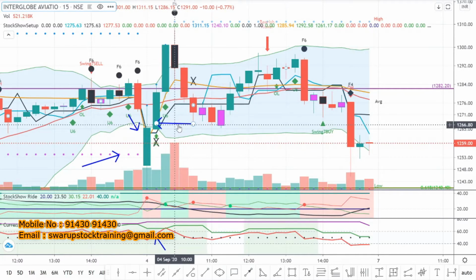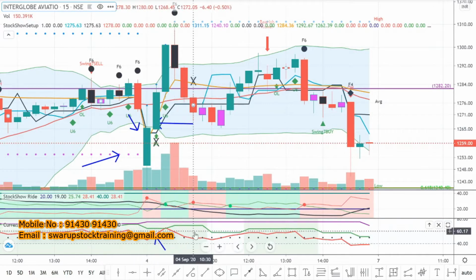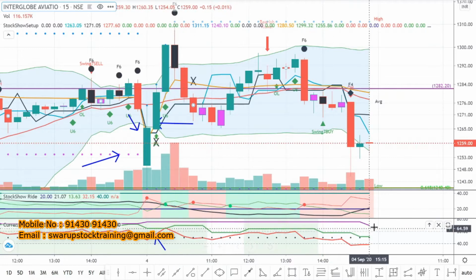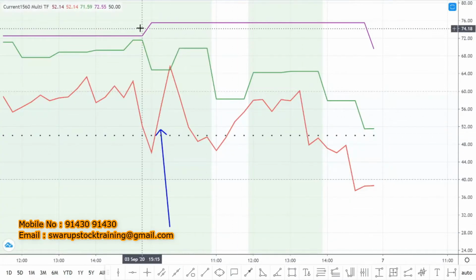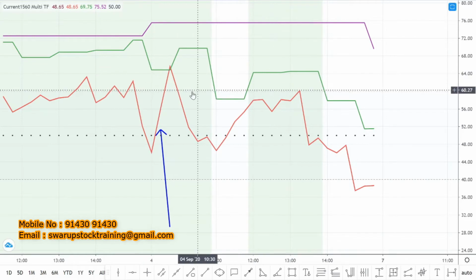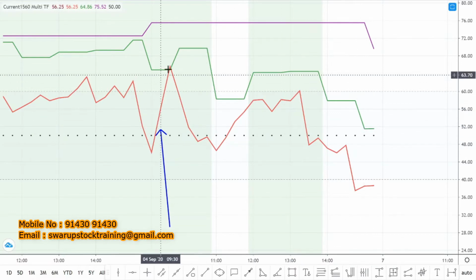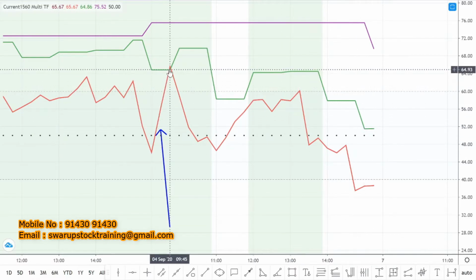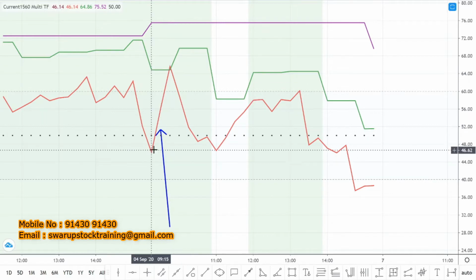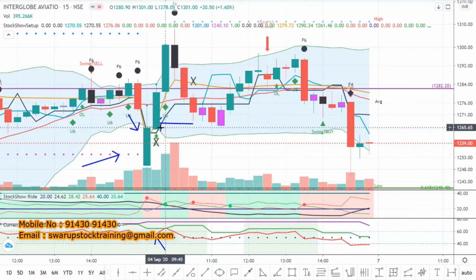And once it crossed 1267 at this point of time, if you look at your father, grandfather and son, father was above 60, grandfather, that is the purple line, was above 60. Let me show you how it is to be read. So this is the grandfather, which is above this horizontal line, bullish. Then your green line was hovering at that particular time, about 60, above 60. And of course now the son has crossed 60. So if all these things are above 60,